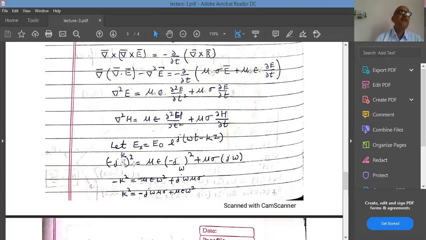But the reason for not writing that Ex here is that it's a common term in all the three terms. So I have basically saved one line, not writing Ex in all the three terms and then removing. So you will assume as if Ex is there, and since it is common, that is why I have not written it. So I have Ex here also.